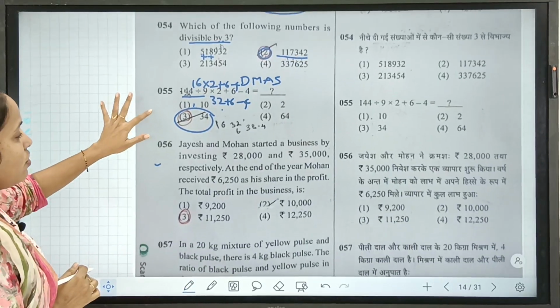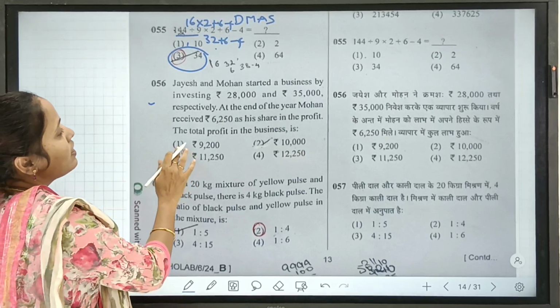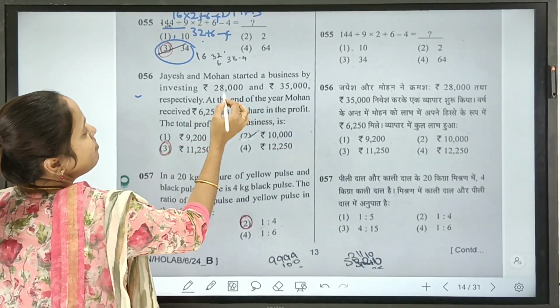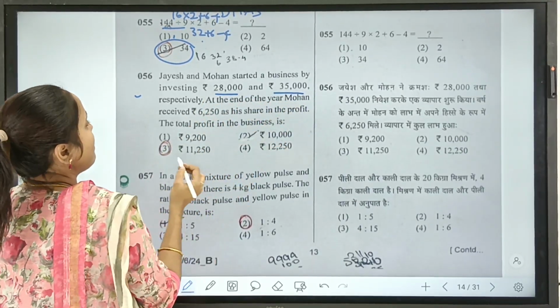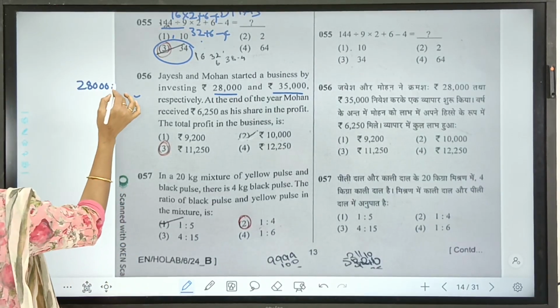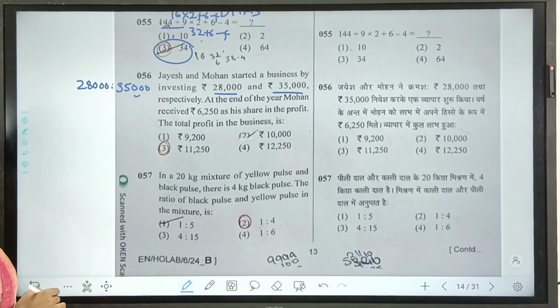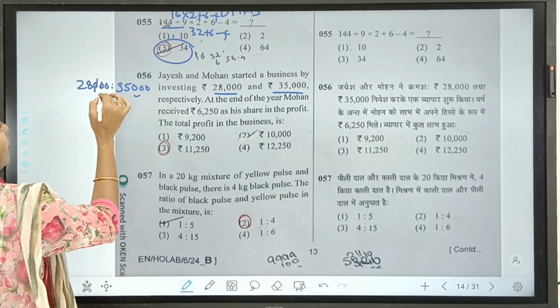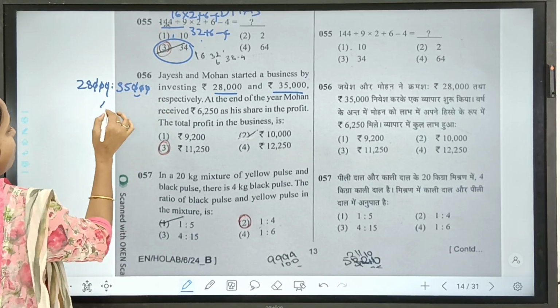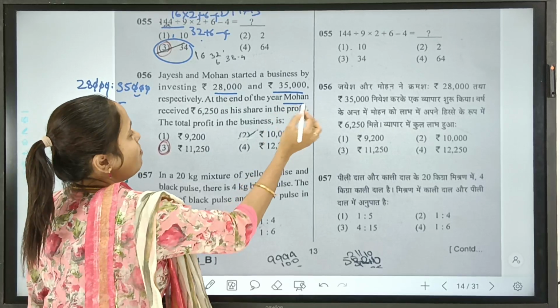Next, this is also looking like a lengthy question but it is an easy question. Jayesh and Mohan started a business with 28,000 and 35,000. Jayesh invested 28,000 and Mohan invested 35,000. This is the ratio, and if you cancel, you will get the ratio 4:5. They invested in the business. At the end of the year, Mohan got